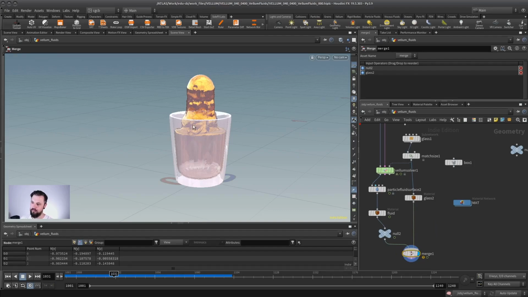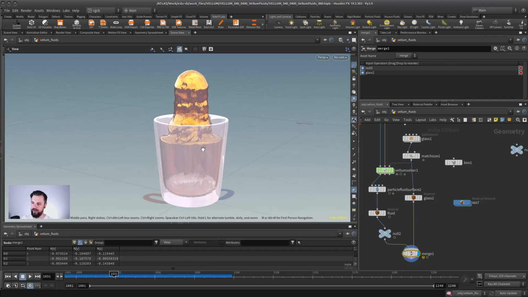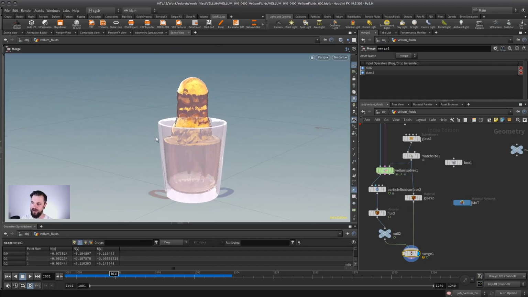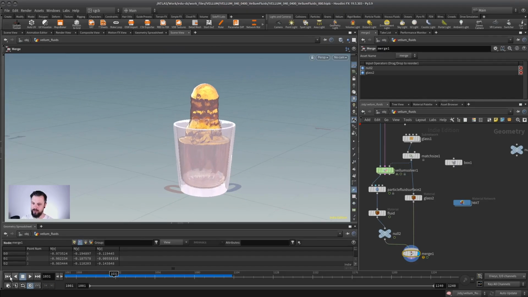But as you know, viewports always have problems with refraction, so transparency is not very kind to a GPU renderer. Nonetheless, it looks a bit closer to the look that we will get from this later on. And when I flipbook this, because obviously that's pretty slow, partly because the particle fluid surface is relatively slow, then